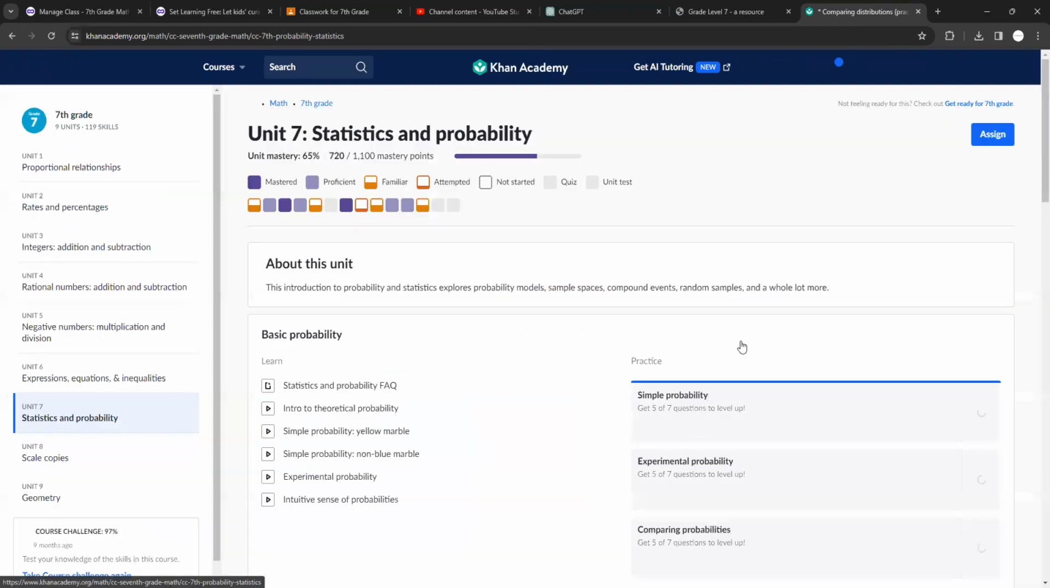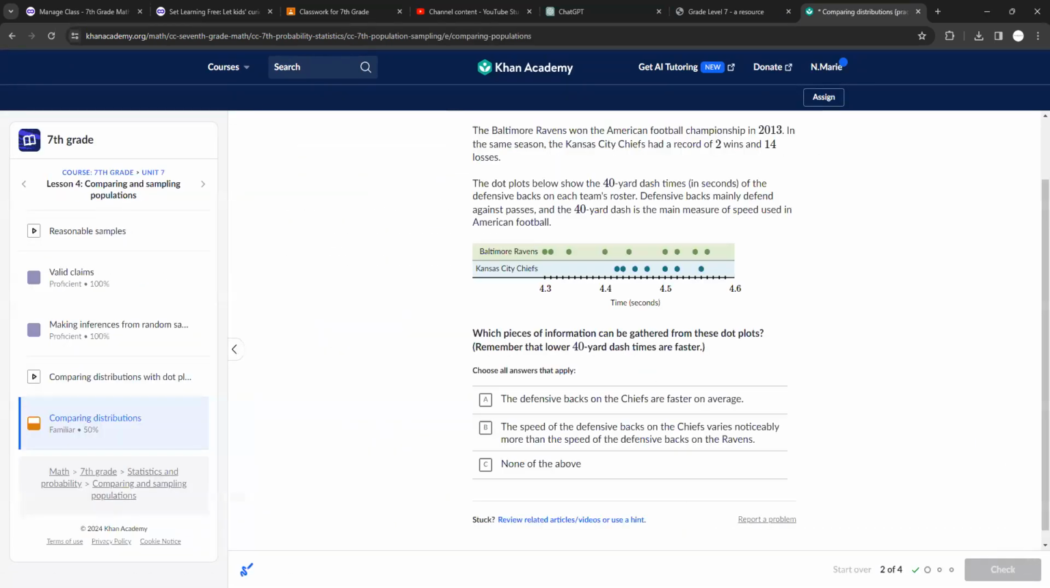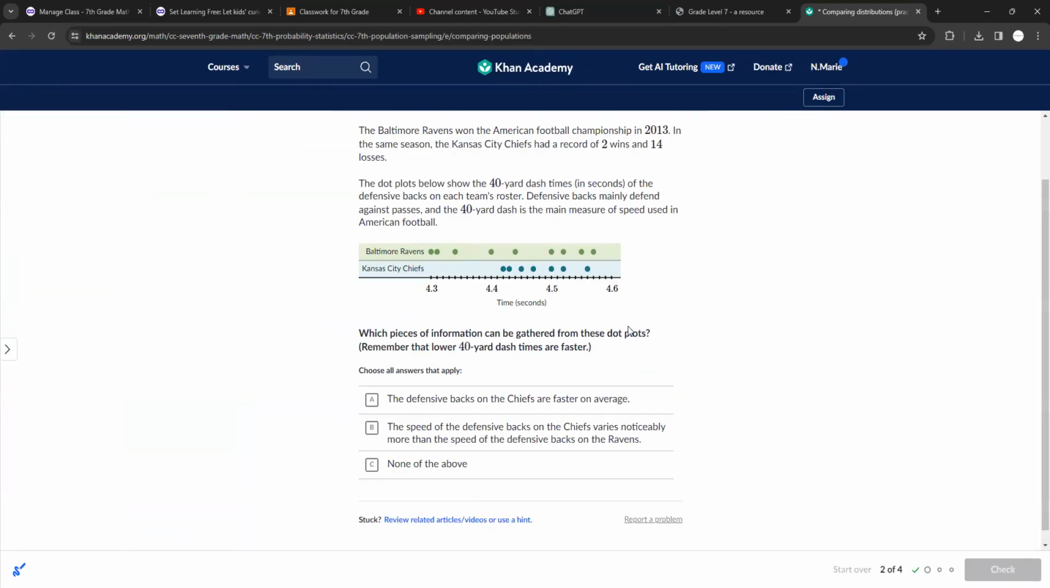Moving on. Let's compare distributions here. And this is the last part of the unit. The Baltimore Ravens. My microphone keeps acting up today. Okay, the Baltimore Ravens won